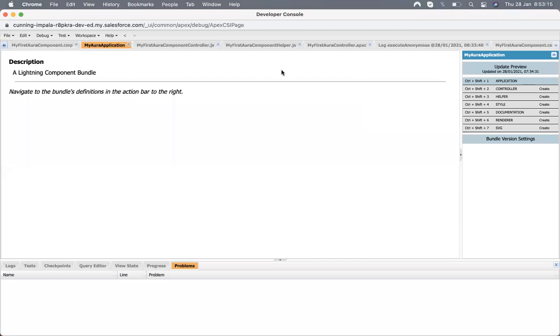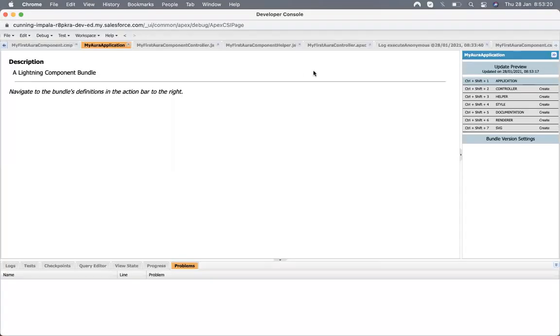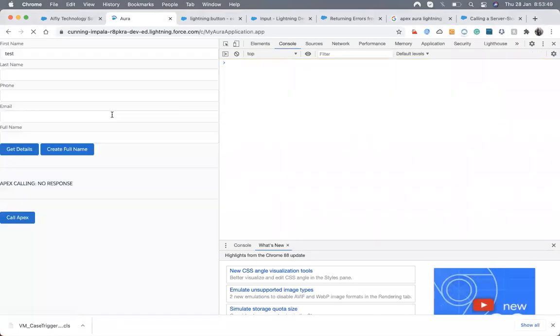Once you submit, you will see something like this, and there is one more tab coming up, this one, and in that you have to add this line and this line. Then you add this line and your component name, c colon and your component name. Once you complete this, just hit preview and it will show up here.